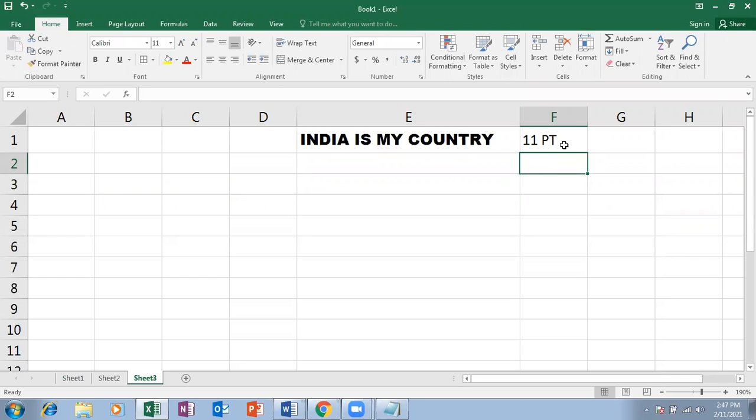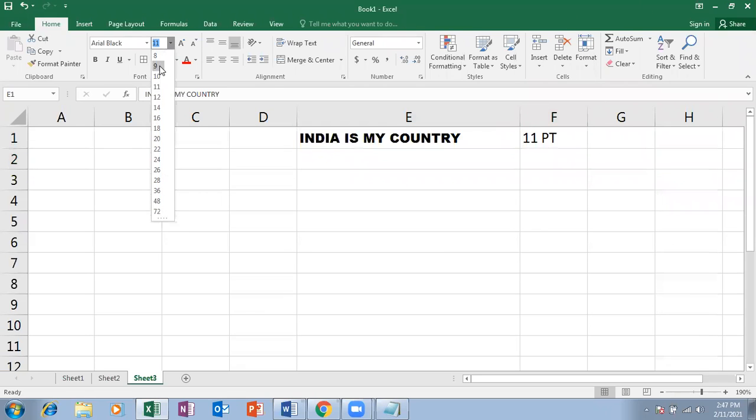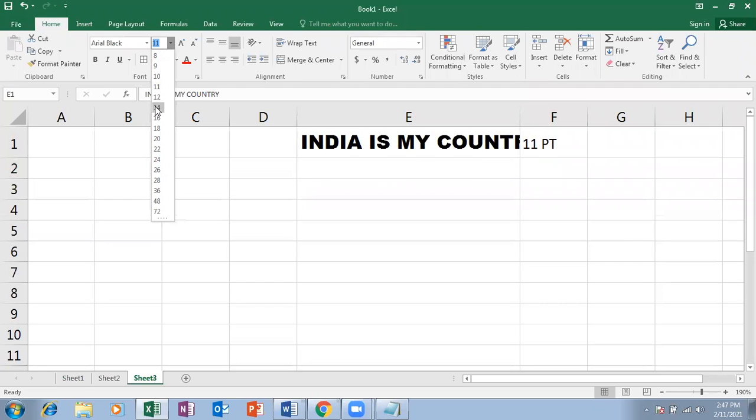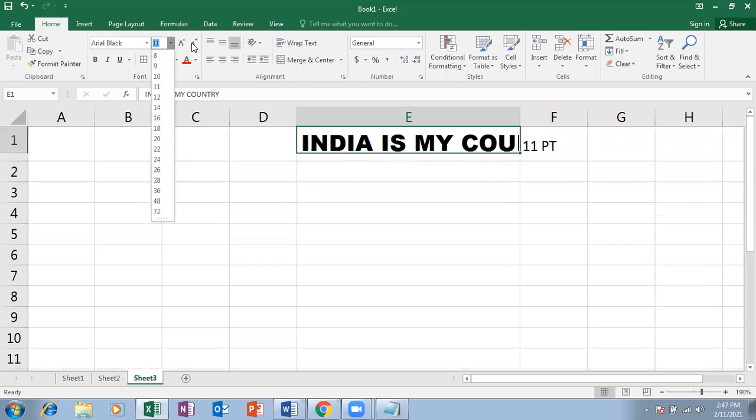So we can't say just font size 11, font size 12 like that. For everything there is a measurement, right? So here we say pt, points, 11 points, 12 points size. And here we can increase that: 8, 9, 10, 11, 12, 14, 16 like that.